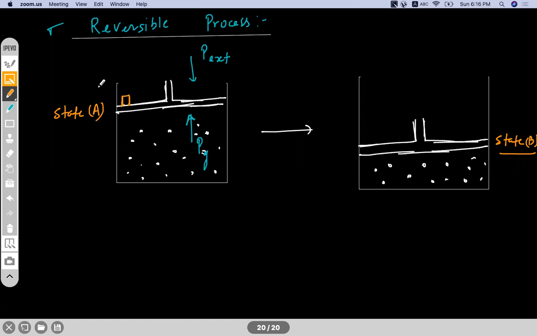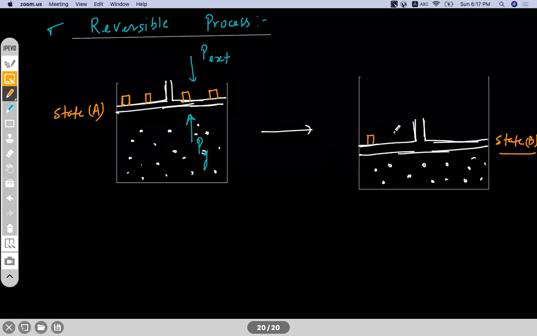I said, we increase the external pressure, compression takes place, piston will come down, and then the equilibrium will be maintained again. The piston is balanced. Any doubt in this? Correct. Okay. We want to go from A to B. Again, we'll put one more stone. Again, it will come down, equilibrium maintained. Step number 2. Step number 3. Step number 4. And suppose you have increased the pressure to a certain extent, and then we have reached